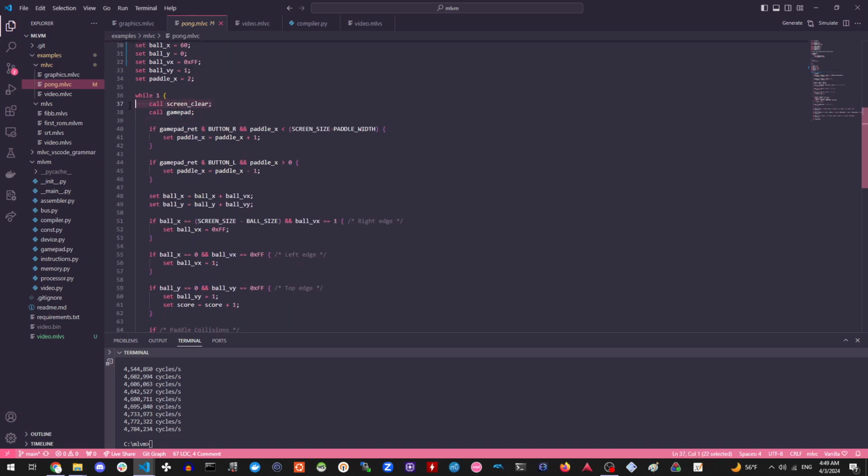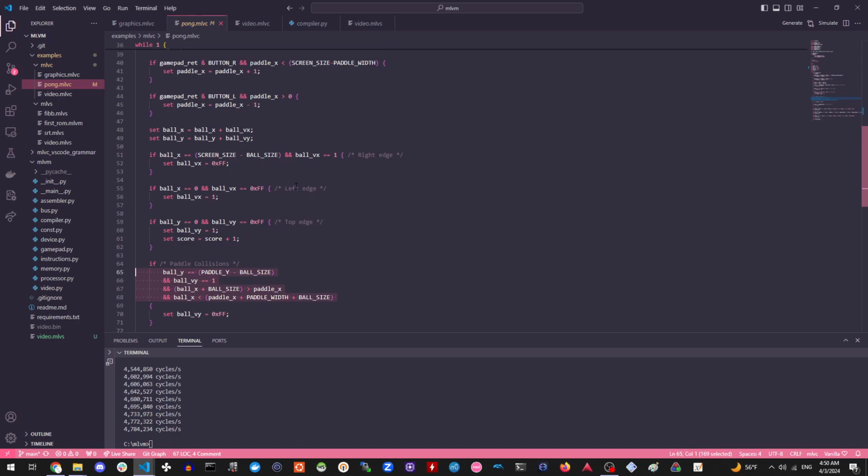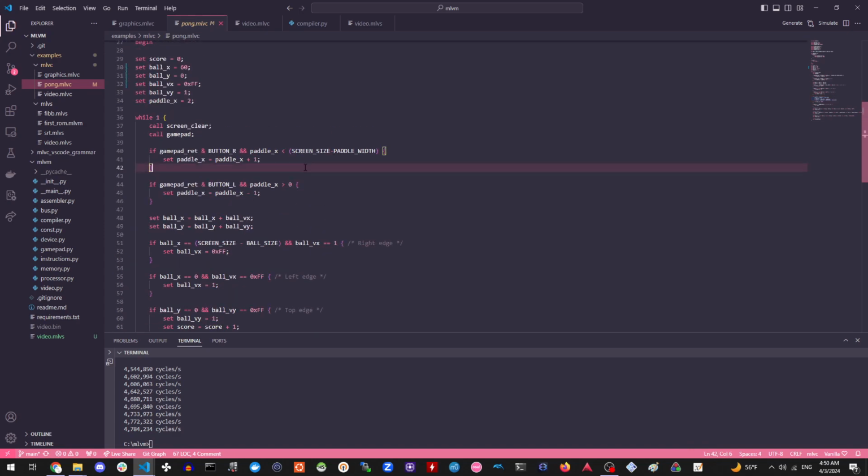So we clear the screen, we get data from the Gamepad, and we have some pretty complex operations here. Actually, you can see this is all one expression, so this actually gets solved perfectly fine, as do all, like this expression. This is all one expression as well. And I mean, a lot of this stuff speaks for itself. Just moving the paddle right, moving the paddle left, making sure that it stays on screen, moving the ball based on the ball velocity,